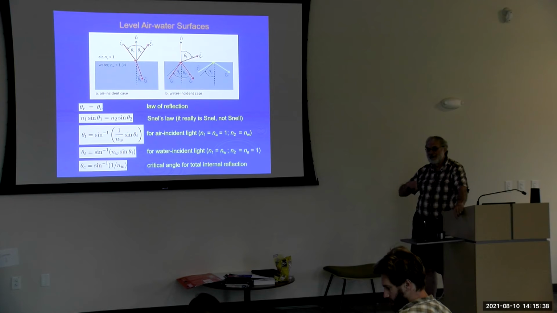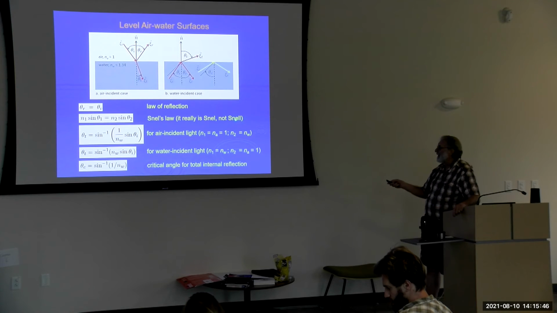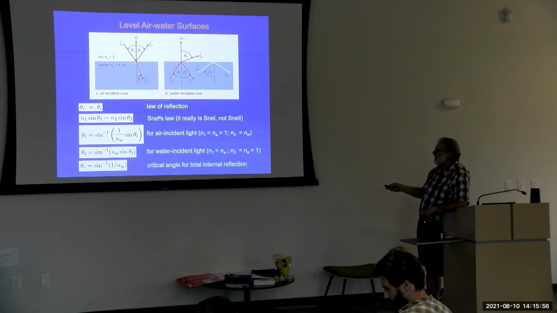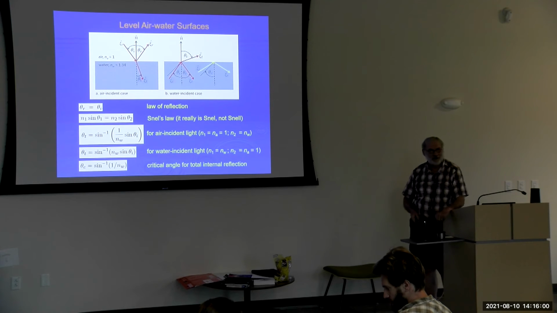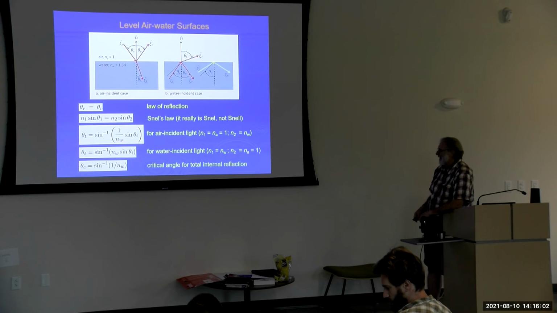And then when they started in the 1800s publishing in German, then Snellius got turned into Snell, S-N-E-L-L, instead of back to what it really is. And some people like George Kattawar are on a campaign to quit calling it Snell's law and call it Snel's law. And I sympathize with that, but I'm afraid it's a lost battle. But anyway,